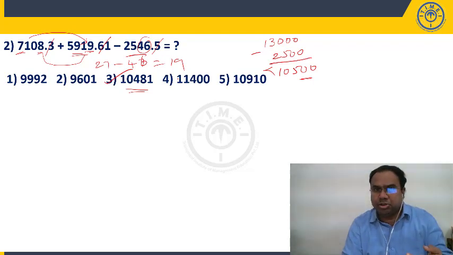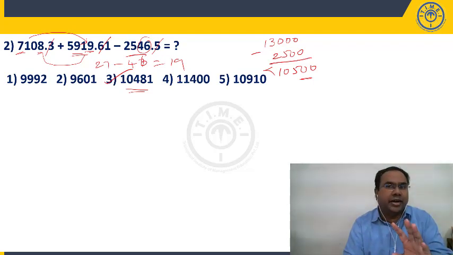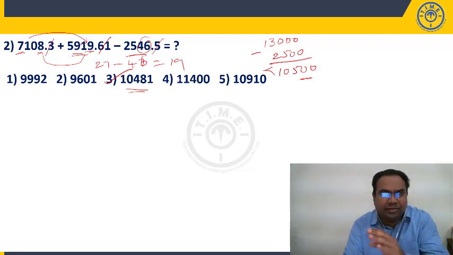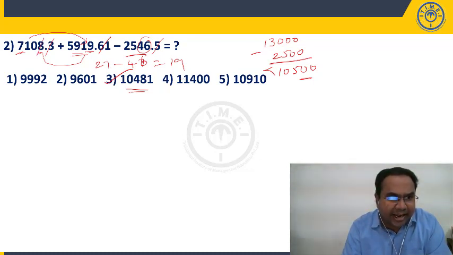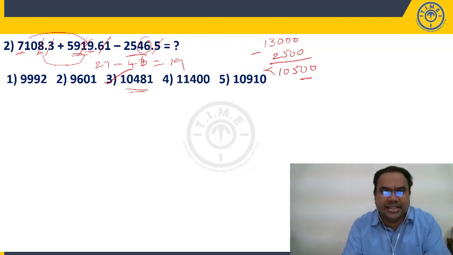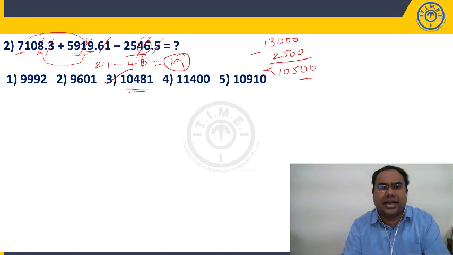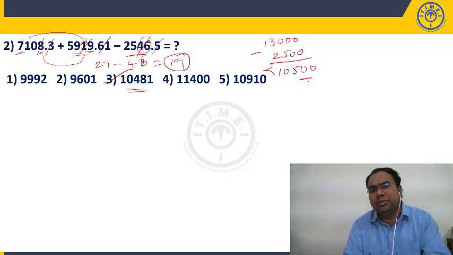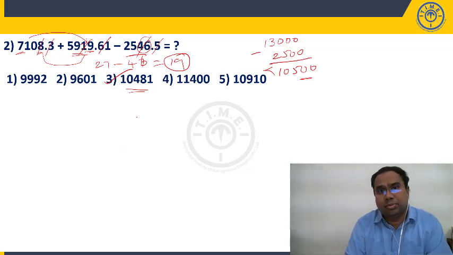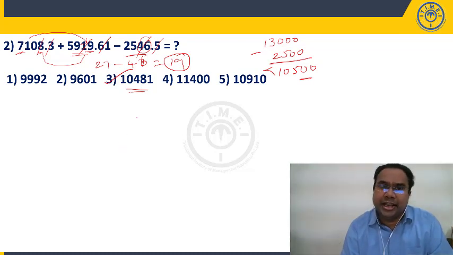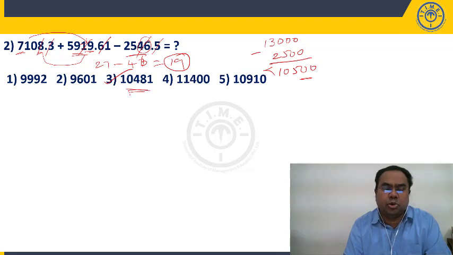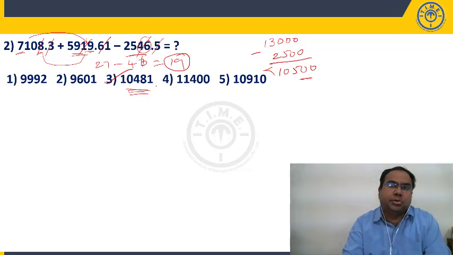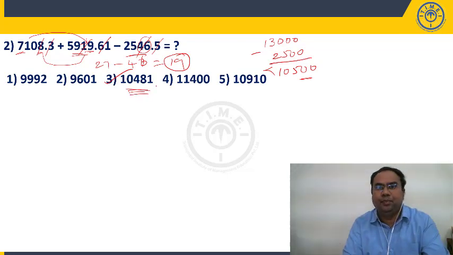In case there are two options close to 10,500, one more than 10,500 and one less than 10,500, don't worry. If they are very close, what you need to do is, here 8 and 19 I am ignoring, so 27, and I am ignoring 46 here. 27 minus 46 means you have to subtract another 19 from the given answer. It should be less than 10,500, close to that, so 10,481 to be more precise. You need not go into so much detail in the examination because there is only one option close to 10,500. If there are two options close to 10,500, then you need to check like this.